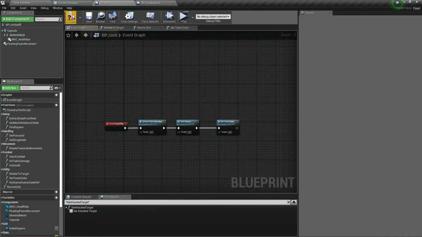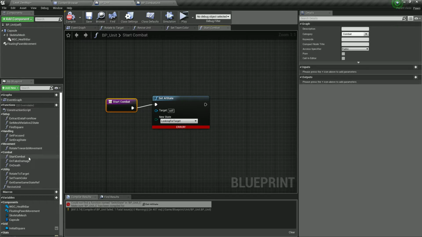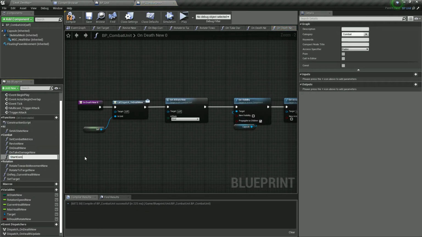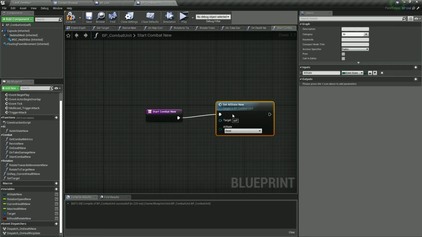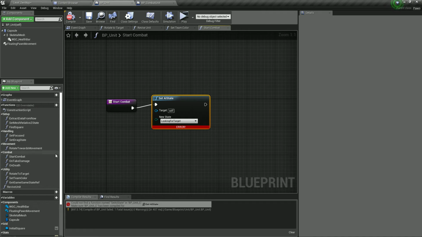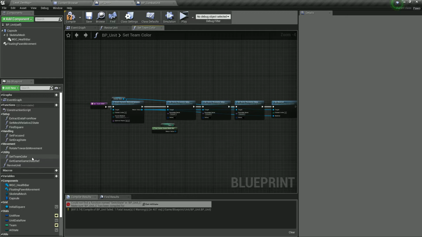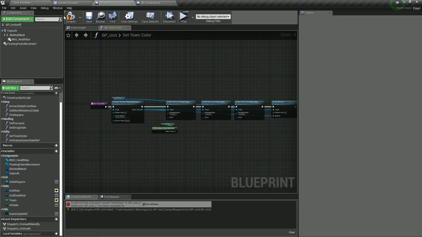At AI state, getting rid of this. Start combat. I guess we won't be keeping that function. It might be like this. We're going to add that in combat. Start combat, new. Set AI states, looking for targets, set AI state new, yeah, that's what we want. Getting rid of this, on take damage on this, rotate to target, revive units, rotate towards movement, and hitting compile,